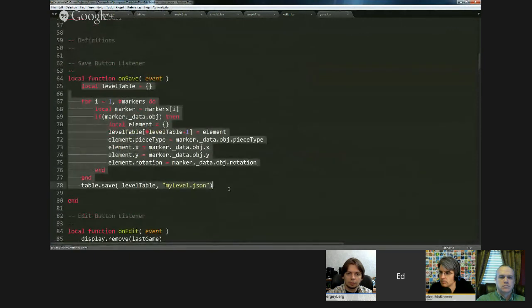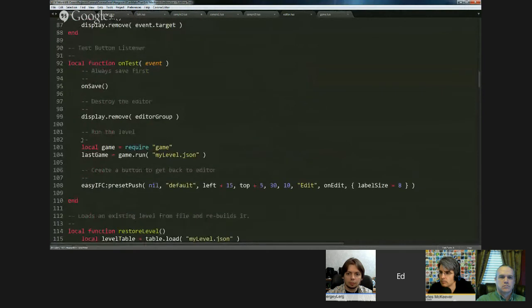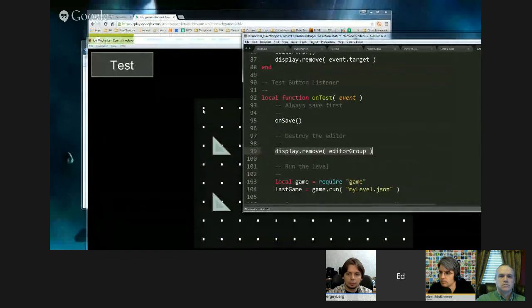It's all it takes to save your level. And then it removes the editor group. That's that bit that I was talking about right here. Actually, the editor group contains everything on the screen, and this little bit here is what I call in the